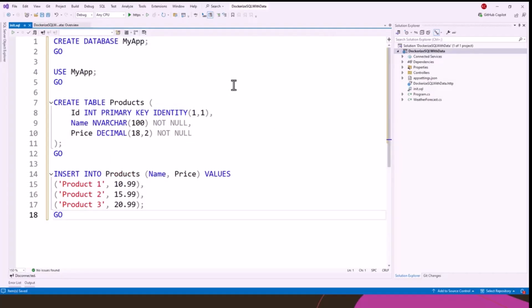So you can see this is a simple script which creates a database, my app, and uses that database. It creates a product table with an ID column, a name column and a price column, and inserts three simple entries, 3 records, into product. Once the product table and the my app database are created, we can verify everything, which we are going to do. Okay. So next we will